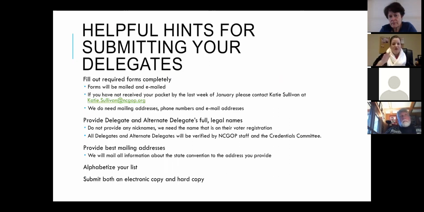All right, so helpful hints for submitting your delegates to us. I will show you a screenshot in just a second of what the spreadsheet is going to look like. We do need you to fill out those forms completely, so mail them and email them back to us so that we have them in both formats. If you haven't received these forms by the last week of January, just go ahead and let me know. You can send me an email at